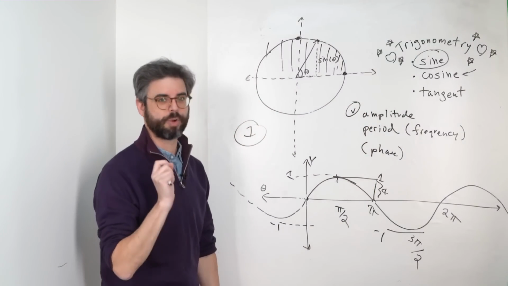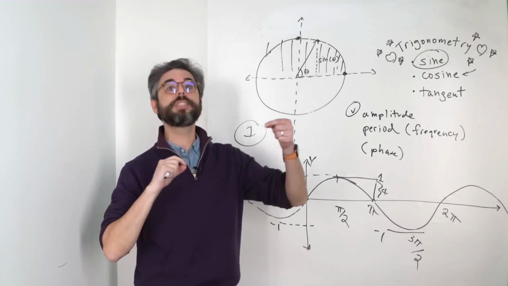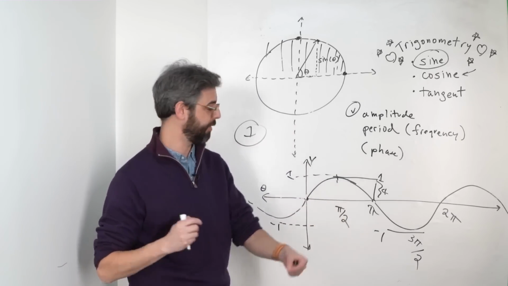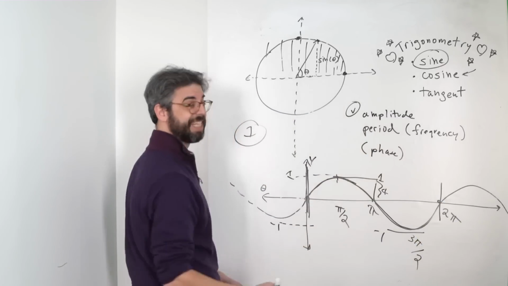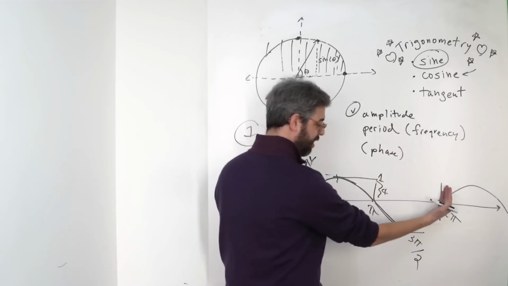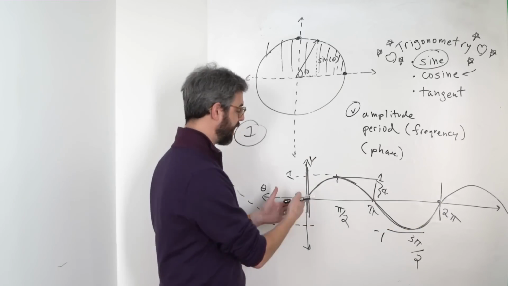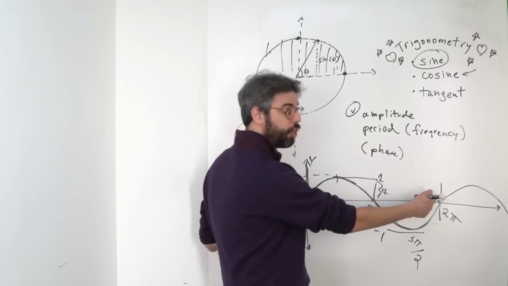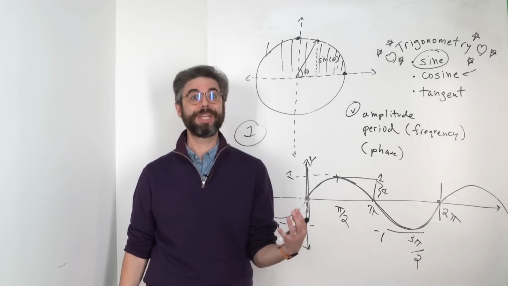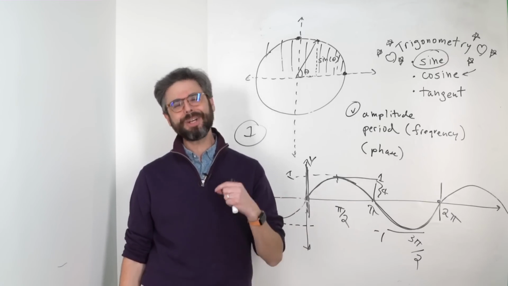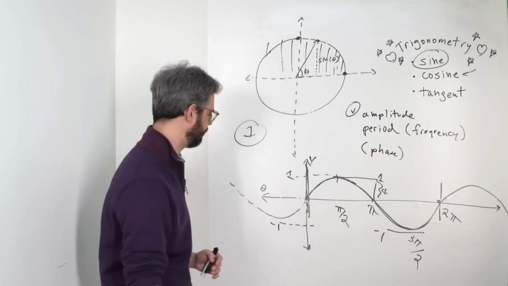The period refers to the amount of time it takes for a full cycle of the wave before it repeats. So we can see that is the distance between here and here. That's one full cycle of the wave. So in one sense, we can say the period is 2 pi. But when we're talking about an animation or something that's actually happening in our real physical world, the unit of measurement we want to think about is often time, or number of frames of an animation.